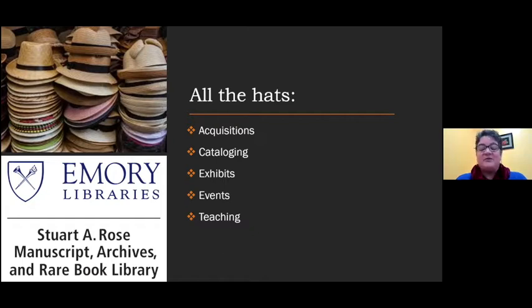For events, we also have support staff that helps with spaces and setup. And with teaching, we have a really wonderful instruction archivist, who has been wonderful with helping me develop classes and assignments. So even though I wear all the hats, I get a lot of assistance from some really wonderful colleagues.